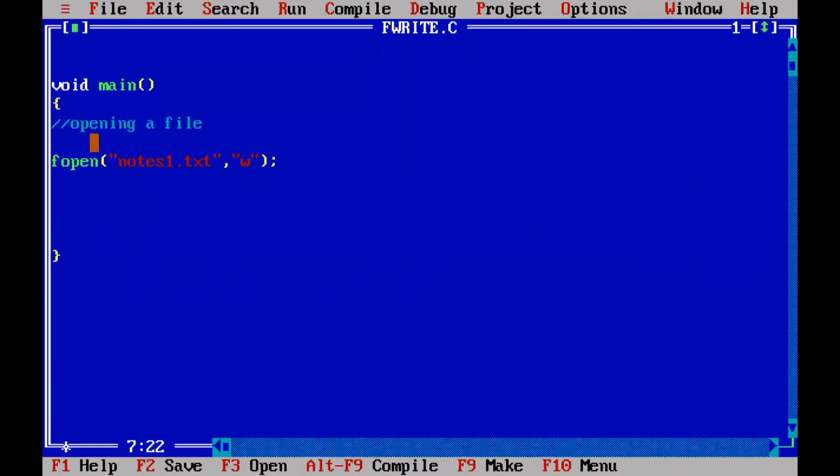So the fopen function will open notes1.txt in writing mode, and it will return the link, or pointer, to notes1.txt to the left side. So what is returned to the left side by the fopen function? A file pointer. That file pointer we will hold with the fp variable, which is a file pointer variable. But we have not created an fp pointer. So before using the fp pointer, we should create it. How to create? FILE in all capitals, and fp.